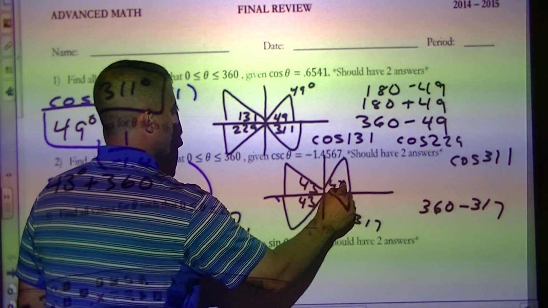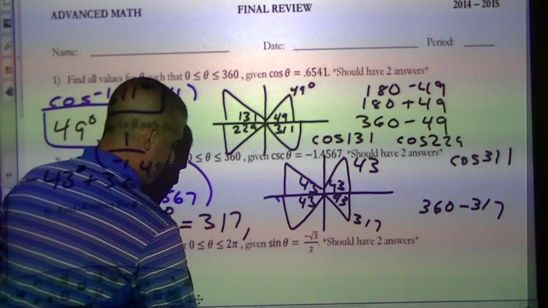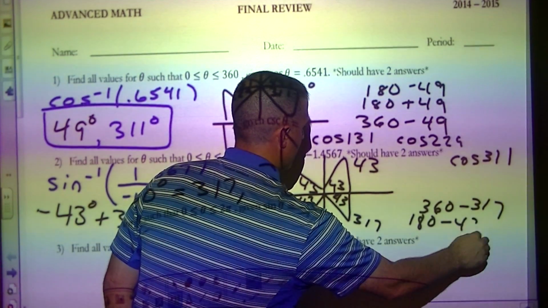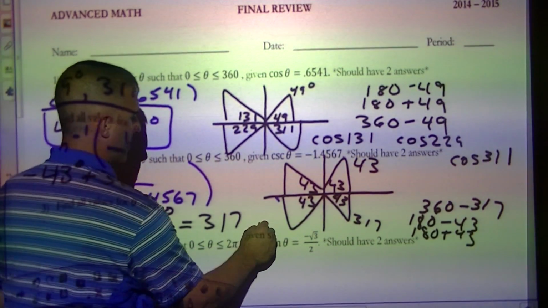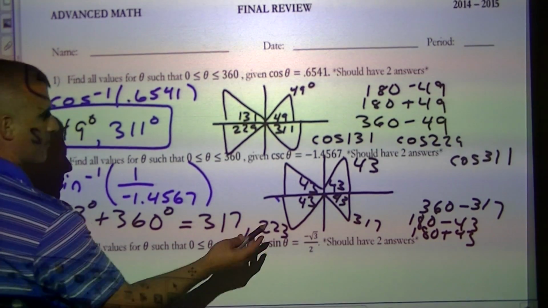This one's going to be easy. These always match up, as you noticed in the first example. To get the other ones, I do 180 minus 43 and 180 plus 43. That's how I would get this to be 223, and I would also get this to be